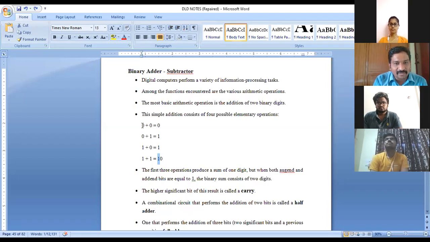To perform all these, we require 2 bits. So definitely, how many bits did we require? 2 bits, right? We don't focus on that output. How many bits do we require to perform that addition? Only the 2 bits. So if you require the 2 bits, that circuit is called a half adder.